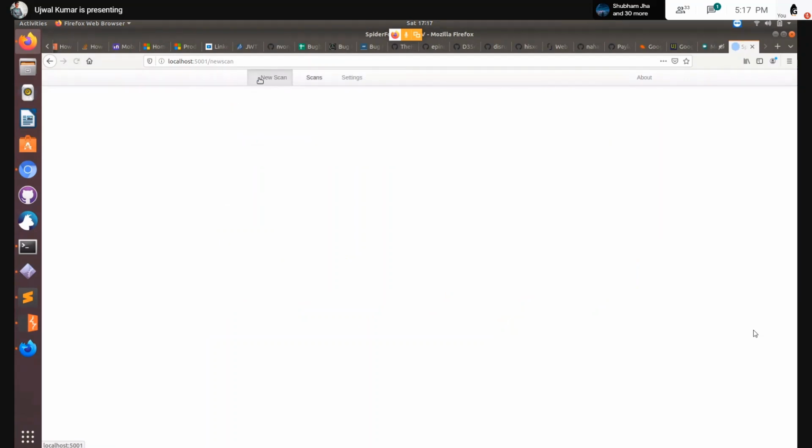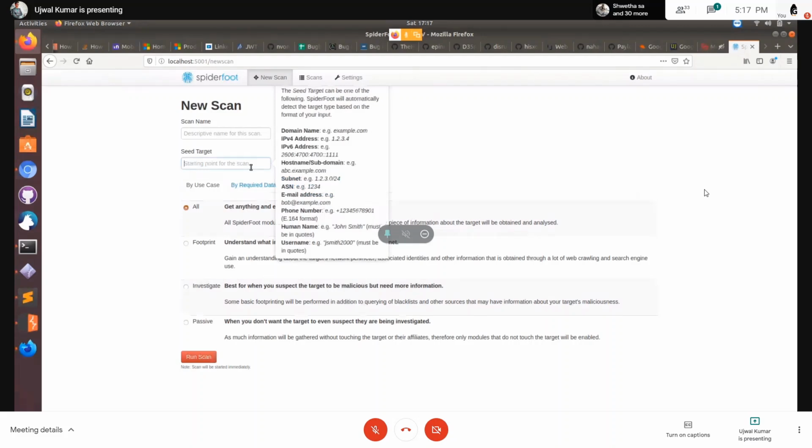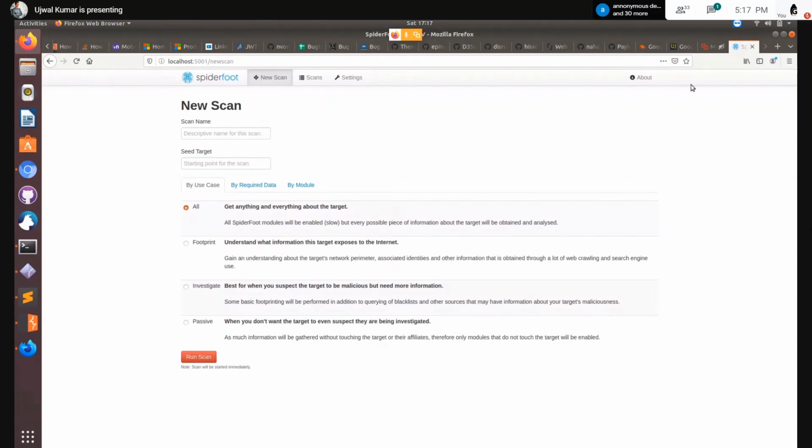So you can do a new scan as well. See, these are the scopes in which it can happen. A domain name, say we can do a scan for glug MVIT, or different IP addresses, host name, subnet, email, phone number. Just put someone's phone number and see what sort of information is available on the internet. It brings everything to one place. Name, email ID, anything. Since this looks pretty easy to use, I'll just skip the actual usage part, since you can just put the name and click on run scan and it would do the scan.